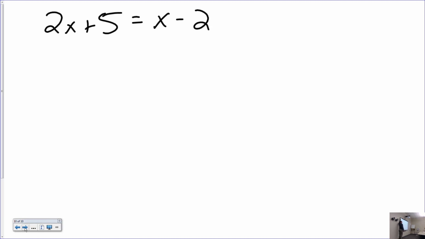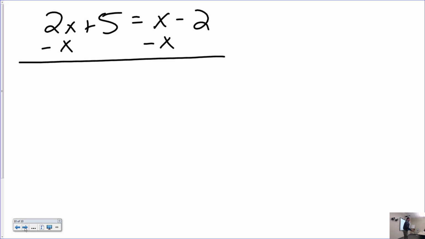The x. Why the x? It's easier, yeah. You're going to wind up with positive x values. Advice, when you have x's on both sides of the equation, do what it takes to get positive x's. Negative signs, folks, suck. Okay? Generally. Alright? So in this case, the way you get an x from one side to the other is the same way you get numbers from one side to the other. Add and or subtract. Okay? So if I subtract an x from this side and subtract an x from this side,